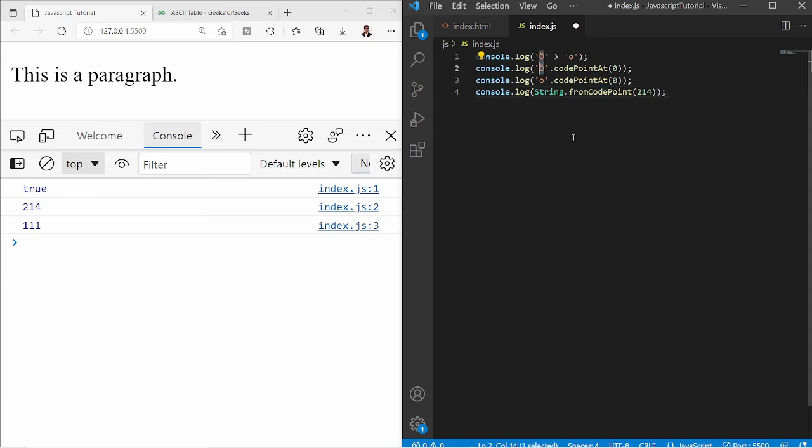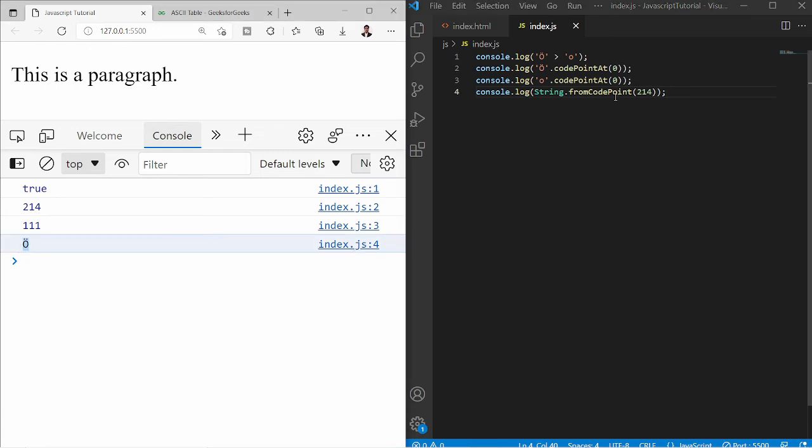This is not a special character but a character in another language. So this line will print this character as the fourth line in the console. Let's save it and see it printing that. So we can get the code or ASCII value of a character using the method called code point at, and if we use from code point, then we can provide the ASCII value and get the character itself.